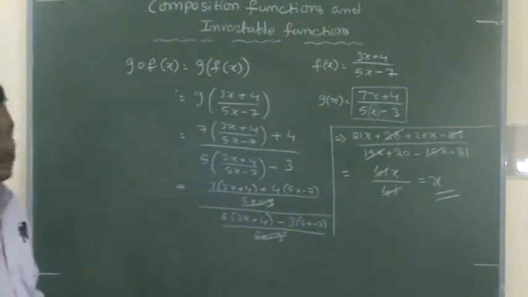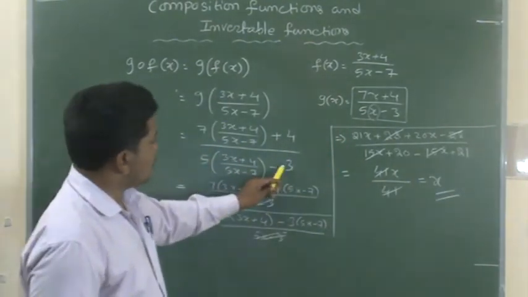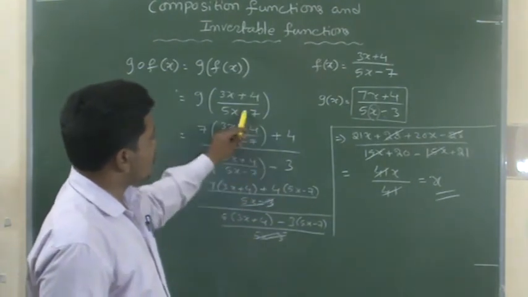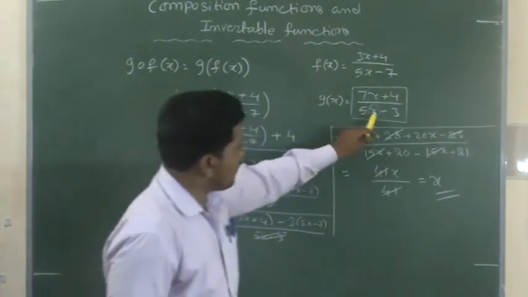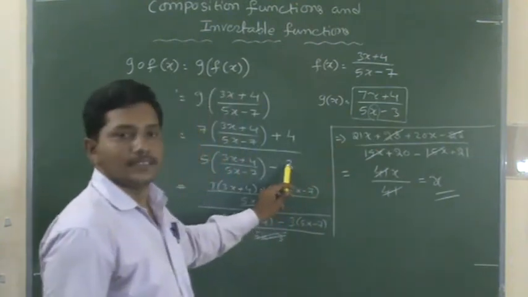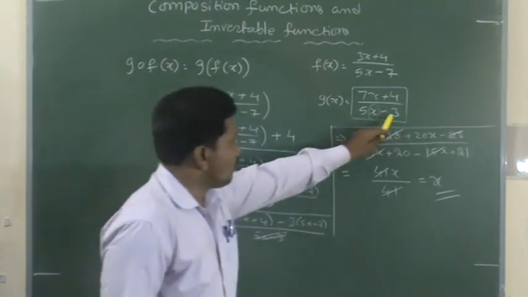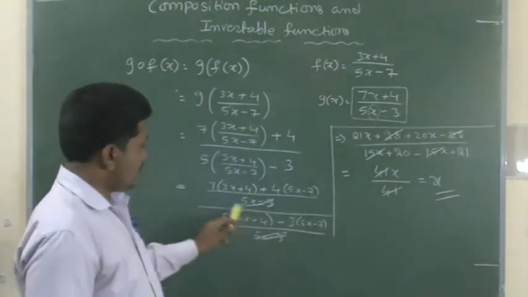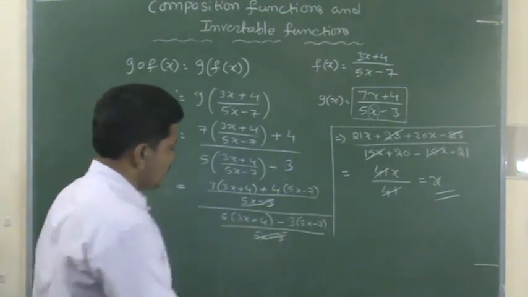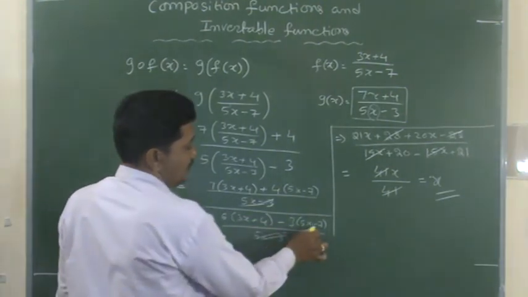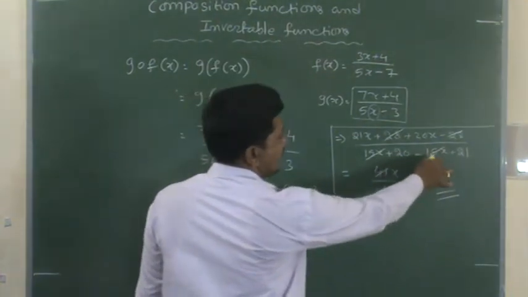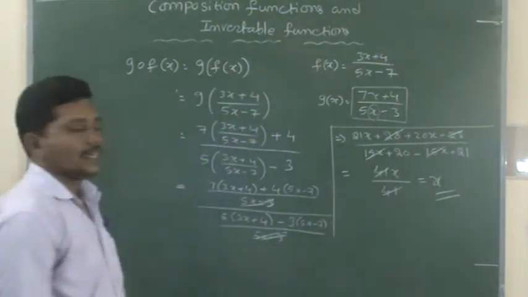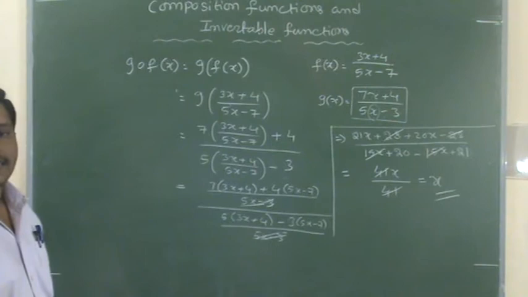This is the problem. Here we made a mistake: here I wrote 7, but this is x, right? This can be replaced here, we write minus 3. Do you understand? We want to carry this one, minus 3. Then we simplify, we get 3 into 5x minus 7. We simplify this one, the x cancels, 41x by 41, 41 cancels, we get x.